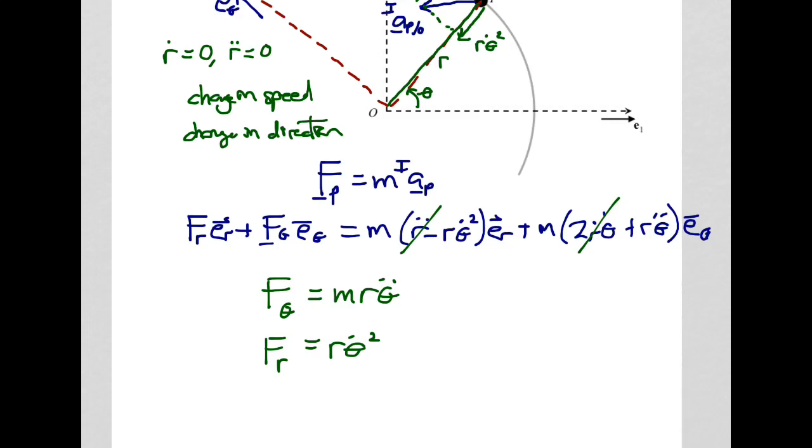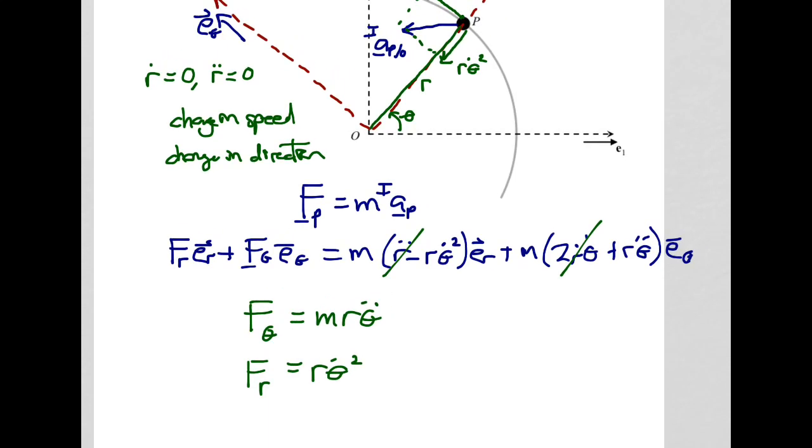And this is where this idea of a fictional force comes into play. Because this acceleration, this r theta dot squared, that's pointing inward, okay, that's telling us about how it's curving along that path. And this is called a centripetal acceleration. The centripetal acceleration points inward, and there's a fictional force that we call, it's not a real force, but we call it the centripetal force. And so we've all experienced this before, where